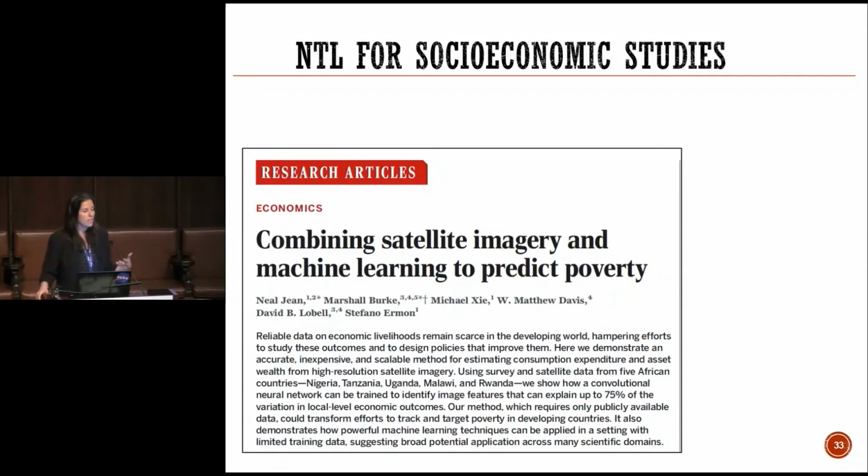We have more surveys and data in developed countries, and they thought, what publicly available data can we use in order to have a spatial map of the poverty in those areas? So they combined daily satellite images and also used the VIIRS nighttime light product in order to predict poverty, and pretty successfully